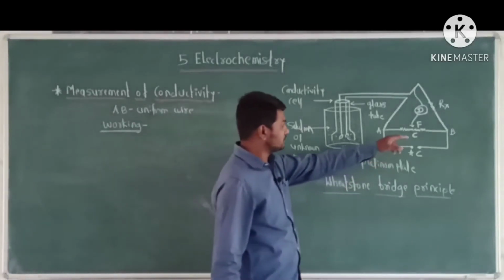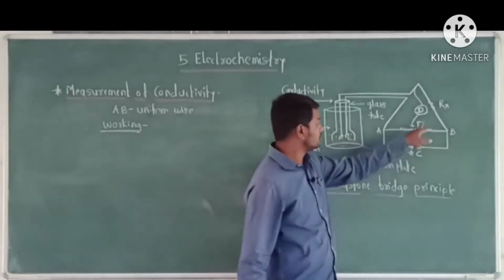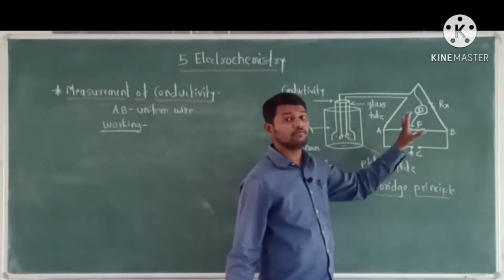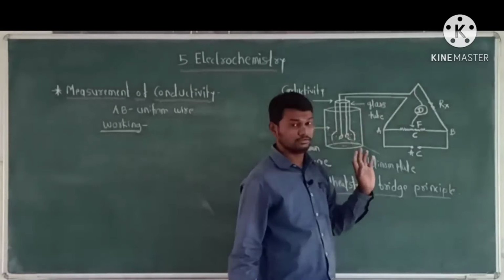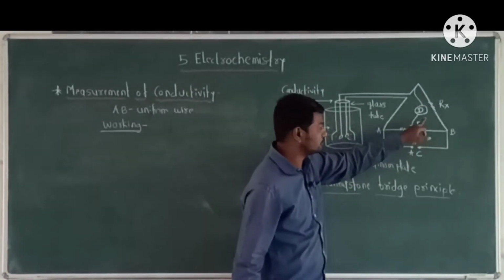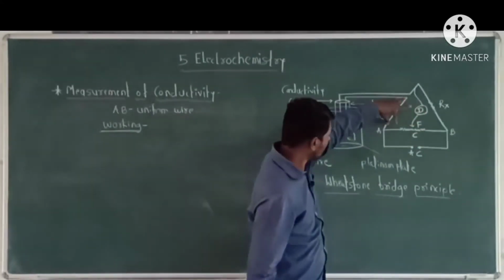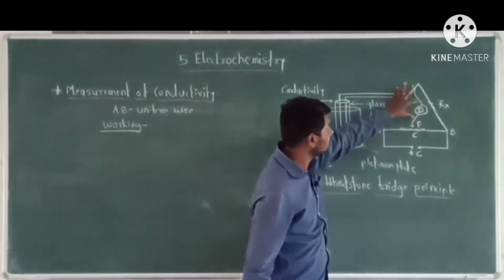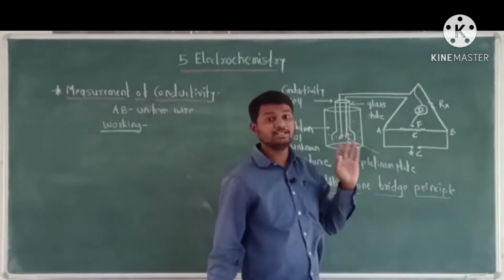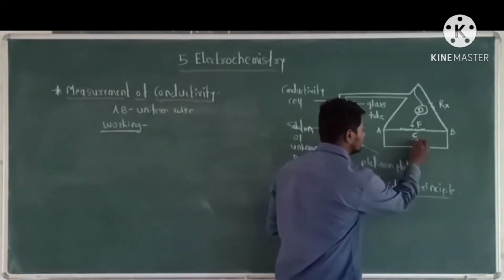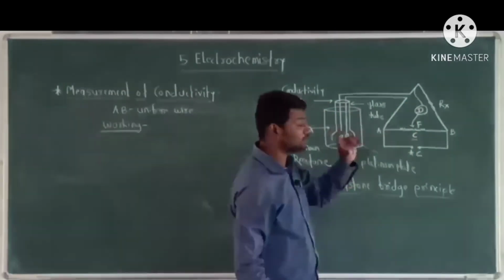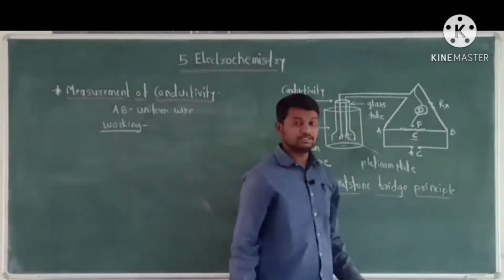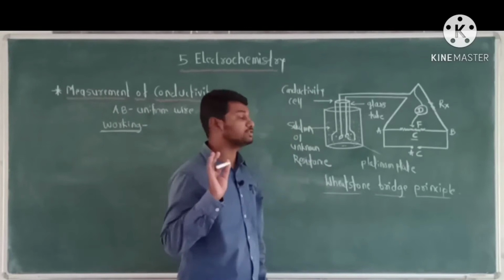The sliding contact J is moved on wire AB until no current flows, as shown by the detector. Suppose the balance point, the null point, is obtained at point C. Then according to the Wheatstone bridge principle,